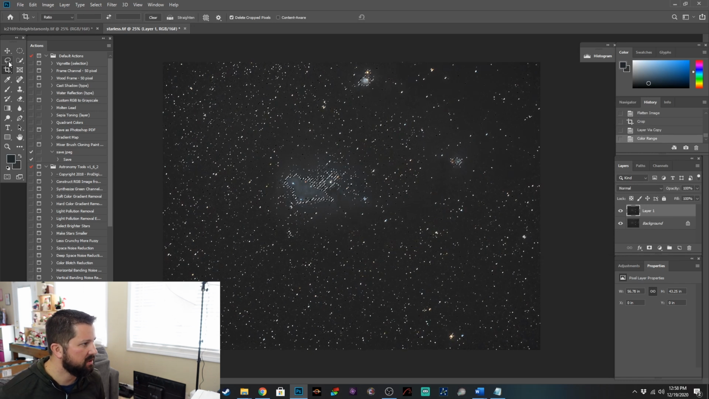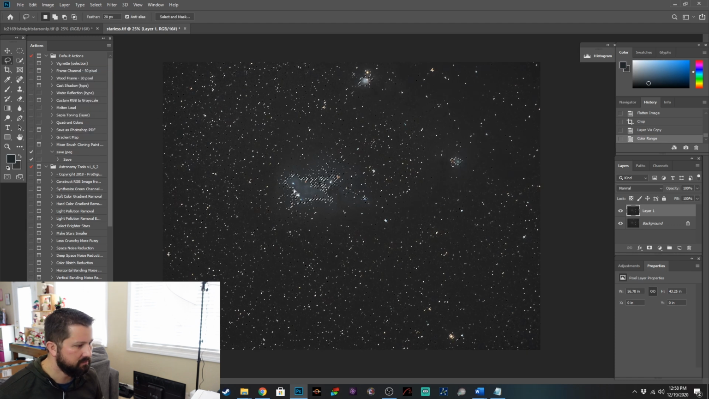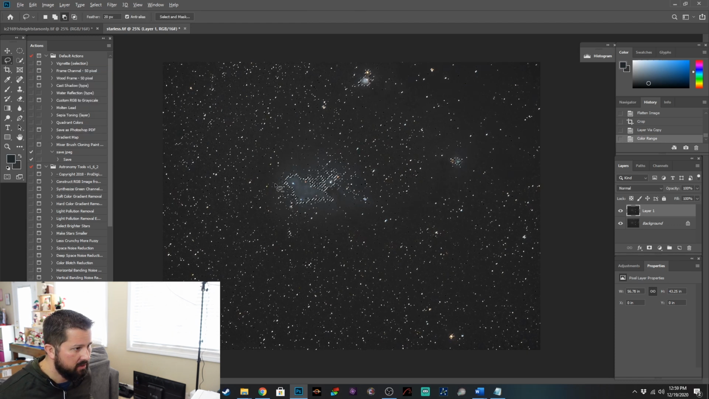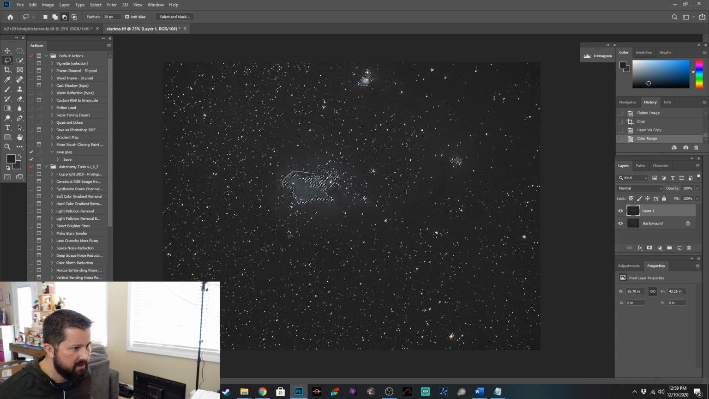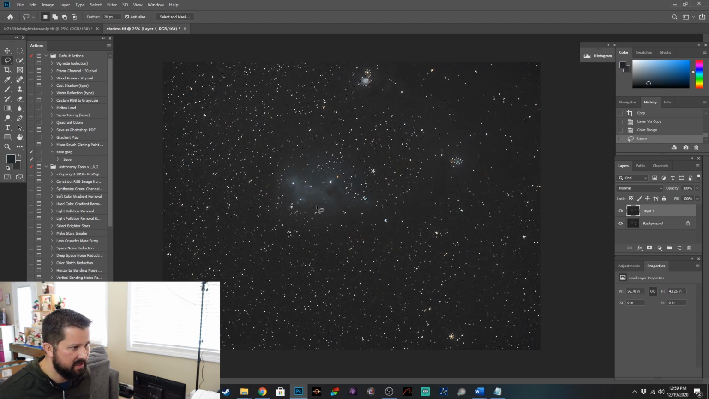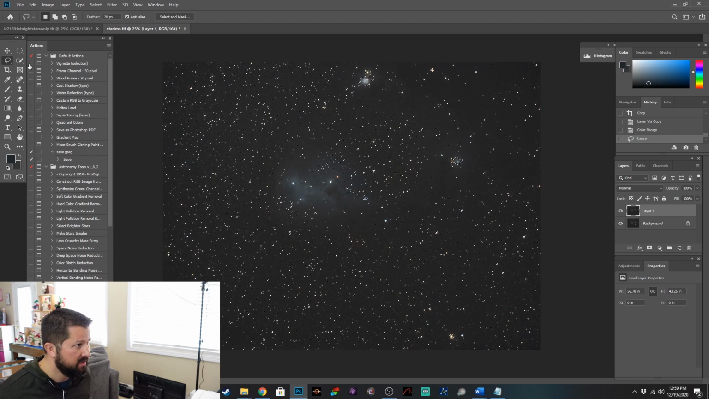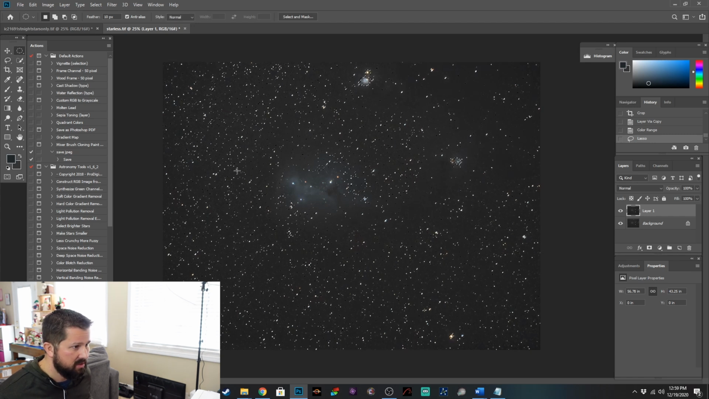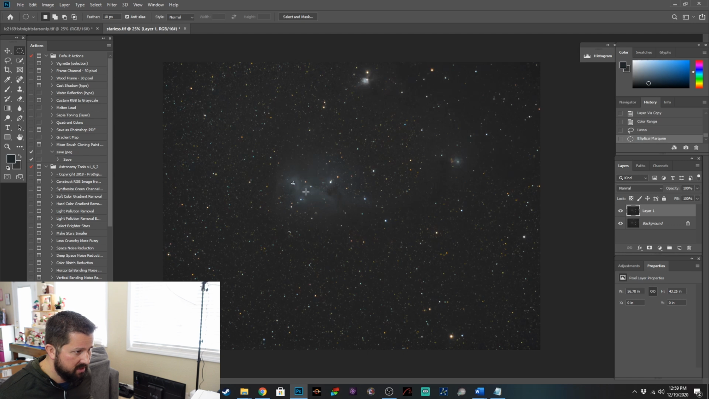Let's go over to the lasso tool. Hold down the Alt key and select. We don't want to select the nebula, so let's deselect that. If you hold down the Alt key, it deselects. And then you come back to this circle marquee and we can select,